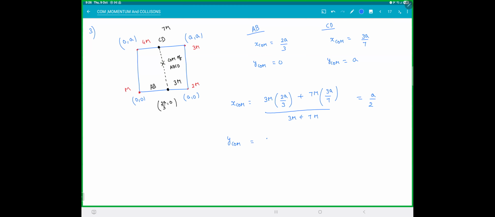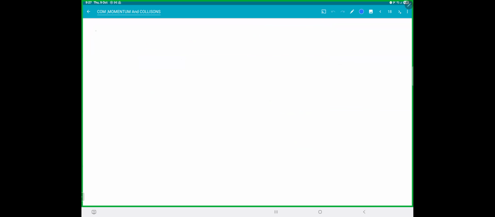Similarly, y center of mass will be 3m into 0, plus 7m into a. So this gives us one very important statement. Clear with this? I know it looks a little simple and silly, but it's a very powerful statement. So what this thing says is,